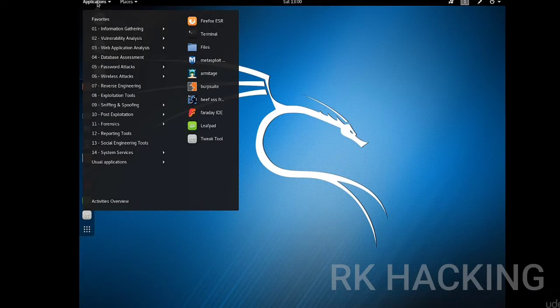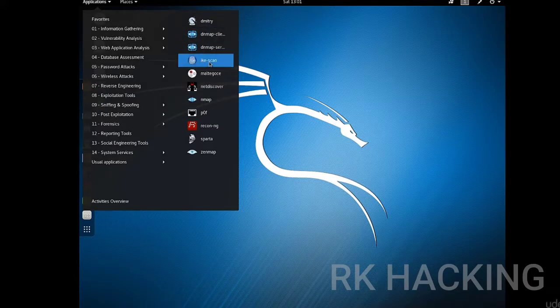Now, to navigate Kali Linux, we have a main menu here that includes all the main penetration testing tools, categorized. So you have the information gathering tools, where all the major tools used for information gathering are there. Maltego, many well-known tools are there. ZenMap, Nmap, anything that you can use to gather information about a victim is there.